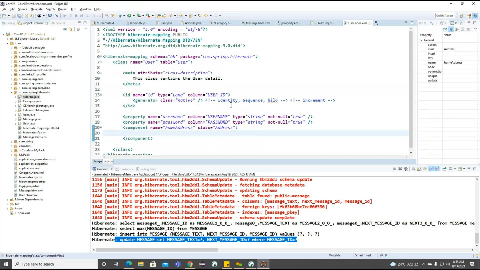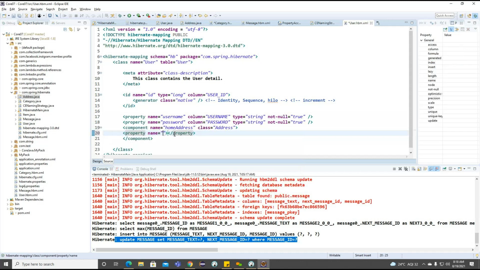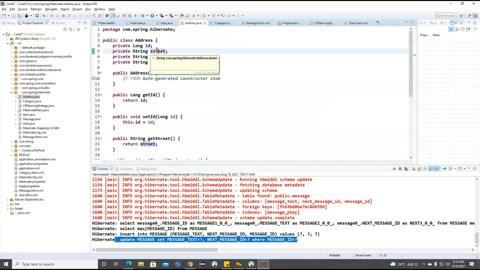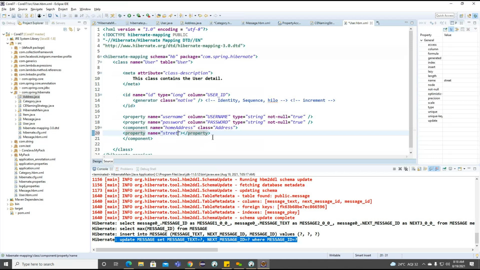Now what I want to write inside this particular user.hbm.xml, I want to define the properties here. So now the home address is pointing to the address. Let me create a property here. We're having a property here. So based on this particular property name, we are going to connect our address class information. So this is our street, right?